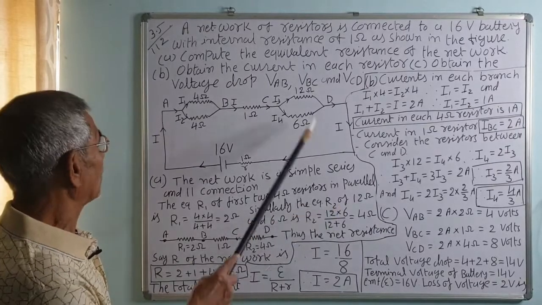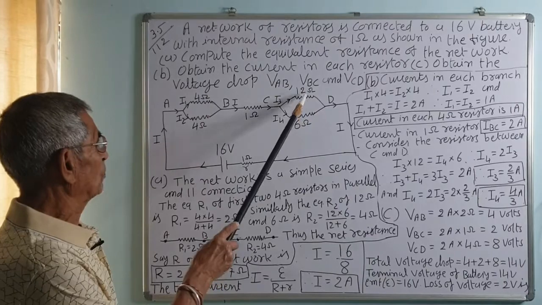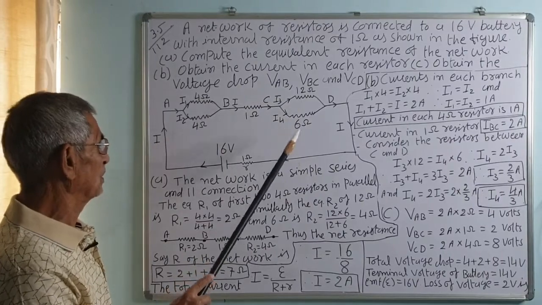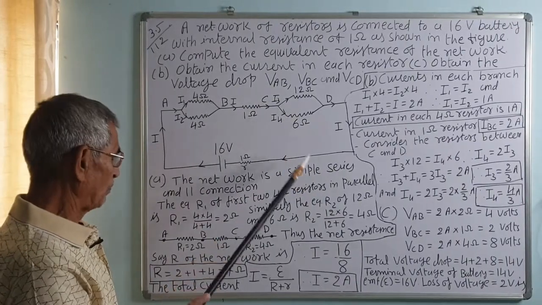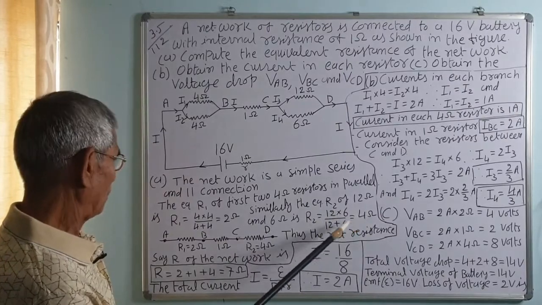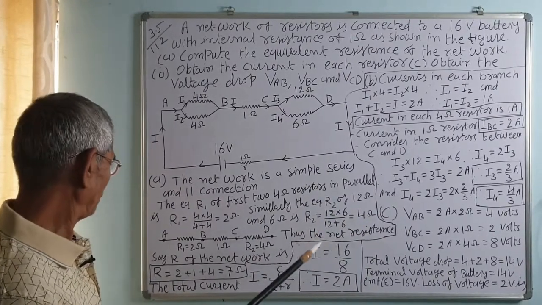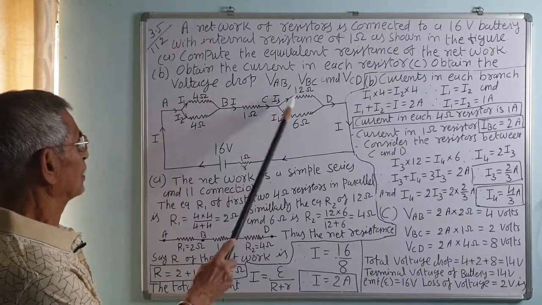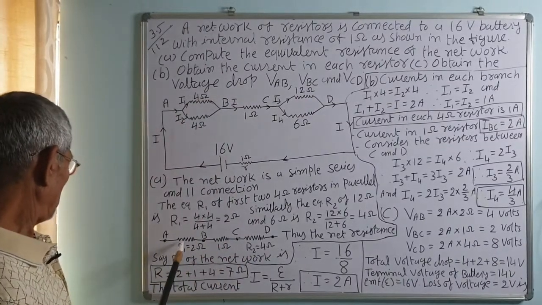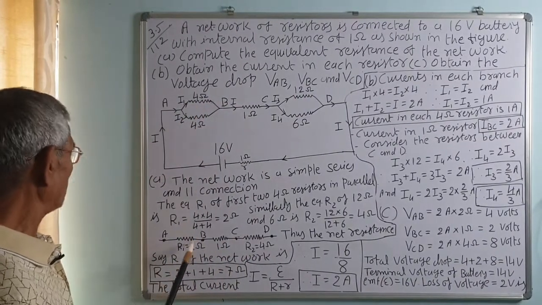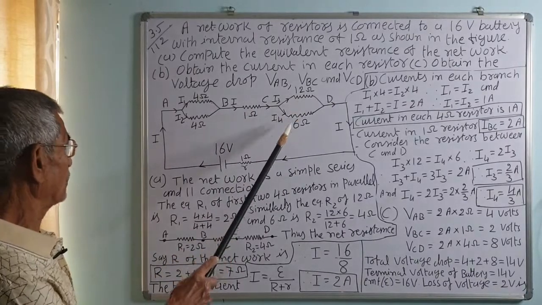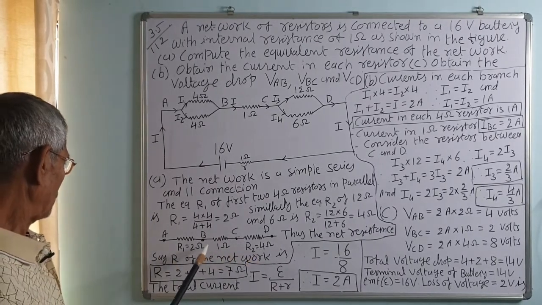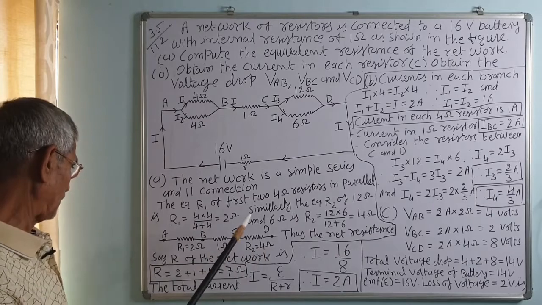Similarly, the equivalent resistance R2 of this 12 ohm and 6 ohm is R1 R2 upon R1 plus R2, that is 12 into 6, 72, upon 12 plus 6, 18, so 72 upon 18, that is 4 ohms. R2 is equal to 4 ohms. Thus, the equivalent circuit of this portion can be shown like this. The equivalent of this is 2 ohms, then 1 ohm in series, and the equivalent of this 12 ohm and 6 ohm in parallel is also 4 ohms. So, the net resistance is 4, these are in series now. So, 4 plus 2 plus 1, that is 7 ohms.